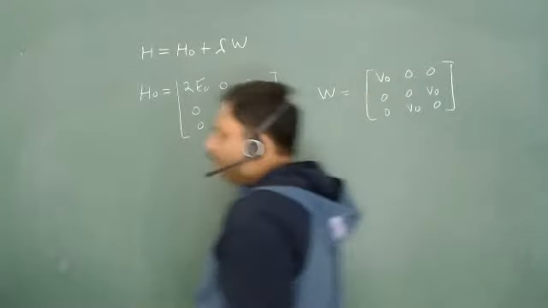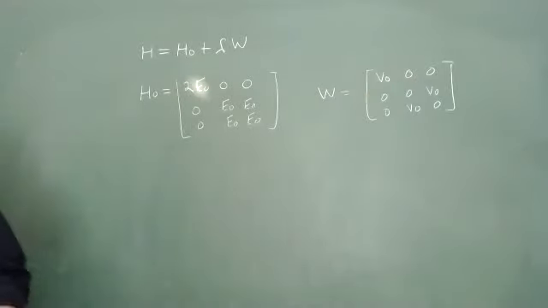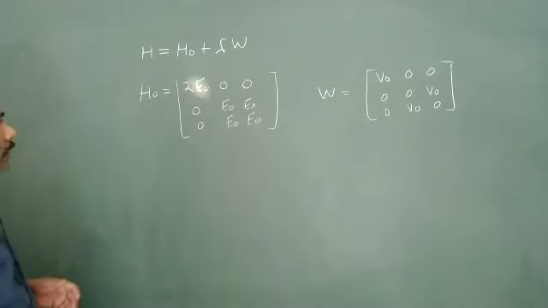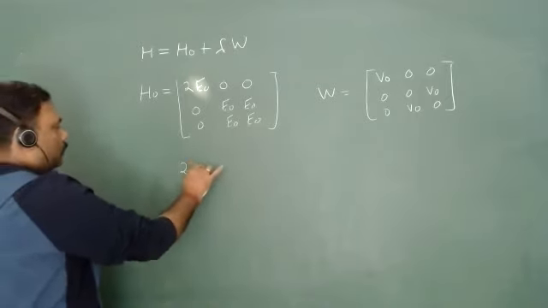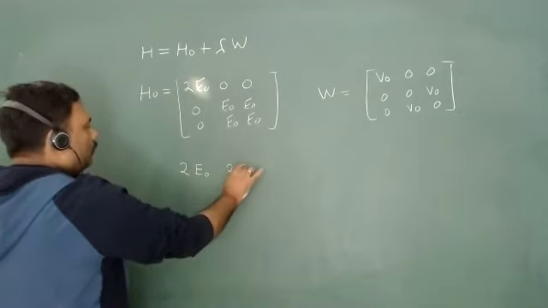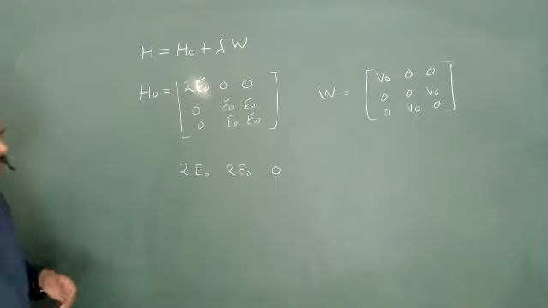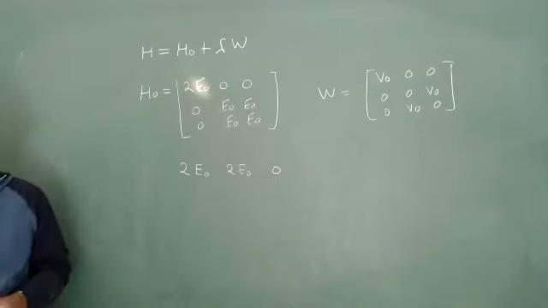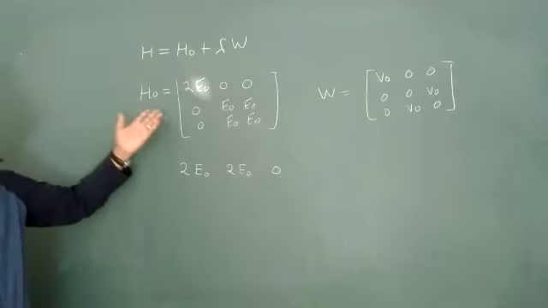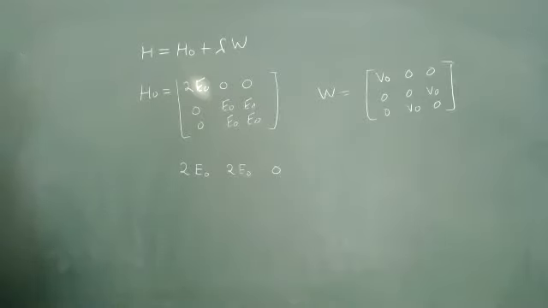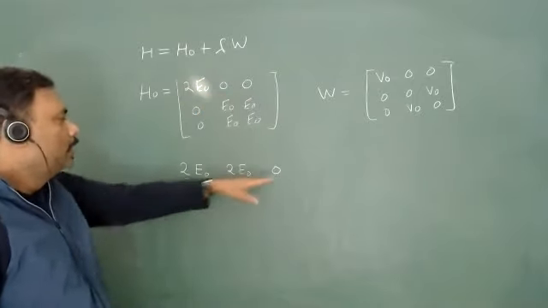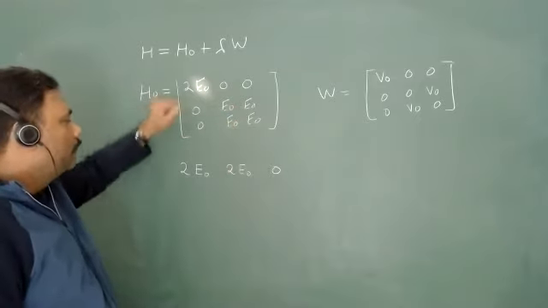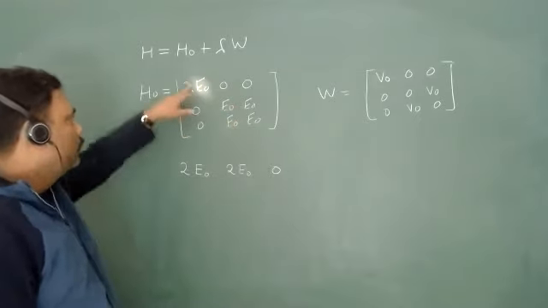Okay, so again, is your H naught diagonalized or not diagonalized? Not diagonalized. So you have to first diagonalize your H naught and get the eigenvalues. So what will be the eigenvalues here? The eigenvalues are 2E naught, 2E naught, and 0. Are you people comfortable? Yes, sir. Everyone? Because we have done this type of matrix many times. Or you can just use the block diagonal: the 2 cross 2 matrix gives 2E naught and 0, and 2E naught is from here.